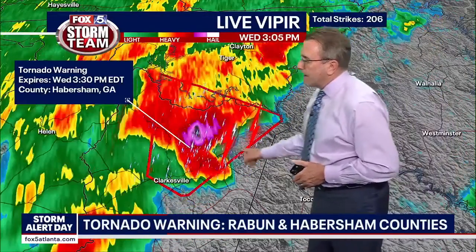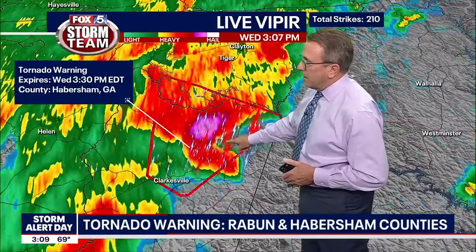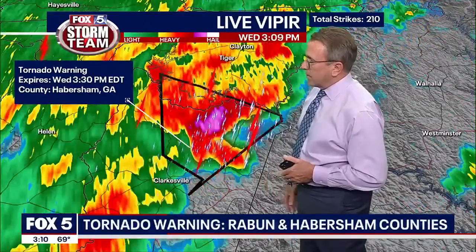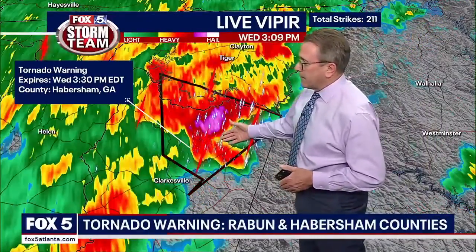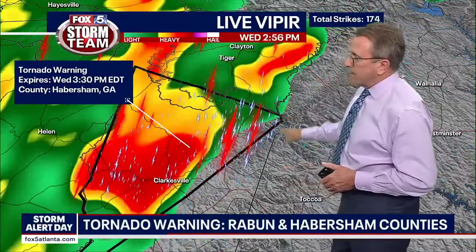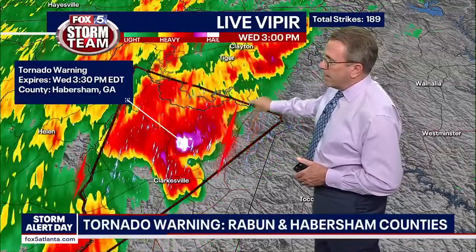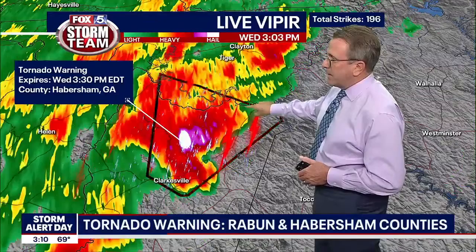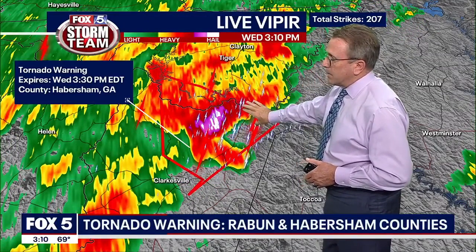And you can see, look at that little hook developing right there. And there you got all that huge amount of hail just to the north of that as well. It just shows you how much motion there is in the upper levels of the atmosphere to lift all that stuff up even higher. So again, that's moving up to the east-northeast. There's Tiger for you, there's Clayton, there's that bottom part of Raven County. So I think it's just gonna miss Raven County, staying in Habersham as it moves up through the